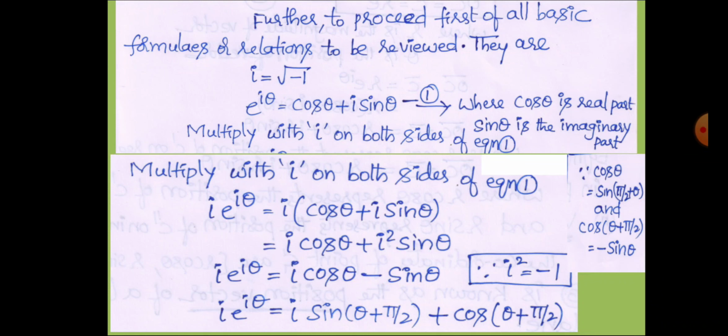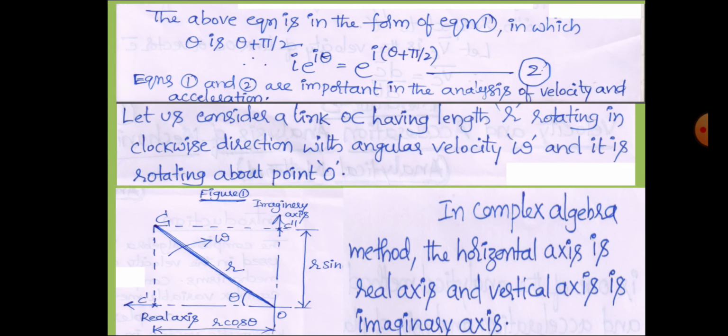So here theta is equal to theta plus pi by 2. So both are the same. Now after multiplying by i, the equation 1 once again I obtained is the same as the equation 1. Therefore, on comparing both, I can say that both are the same, but here theta is equal to theta plus pi by 2. So hence I can write i e power i theta is equal to